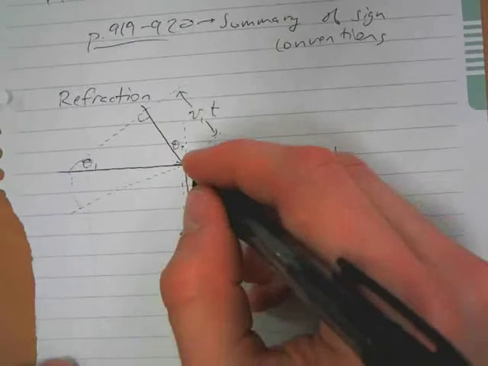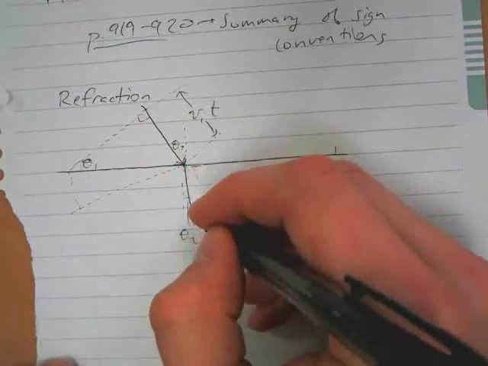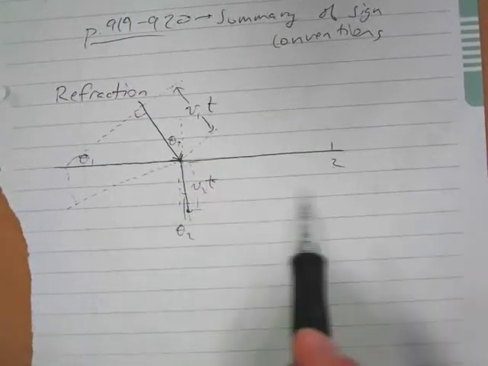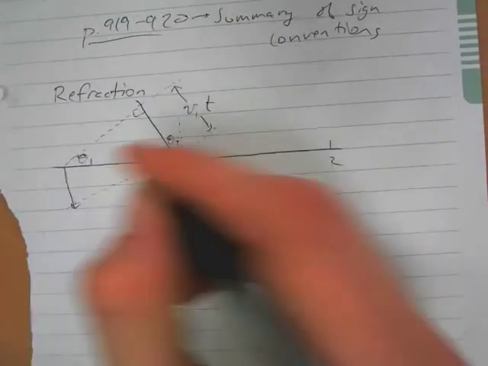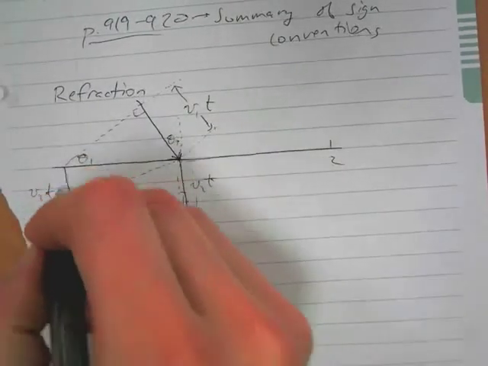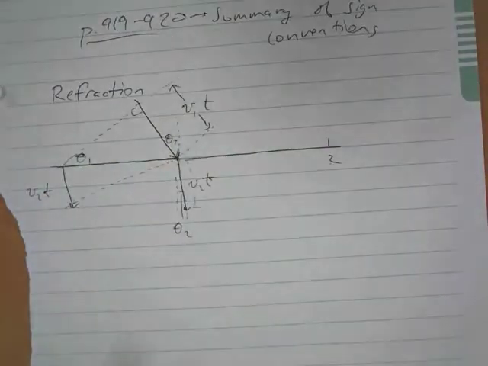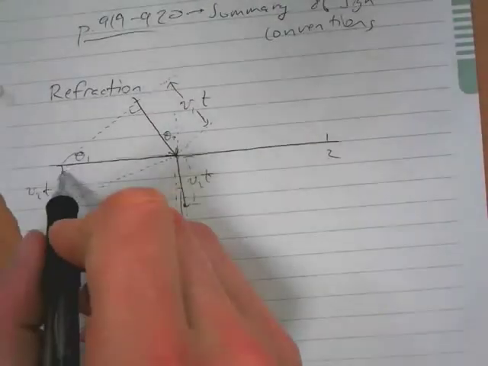And this distance that it's traveled in this time is v2 times time. So in the same amount of time it's traveled some distance, and we're not assuming that these are different as of yet, but that means that this too is v2 times time over here. Okay? And then just following trigonometry, this side is shared,